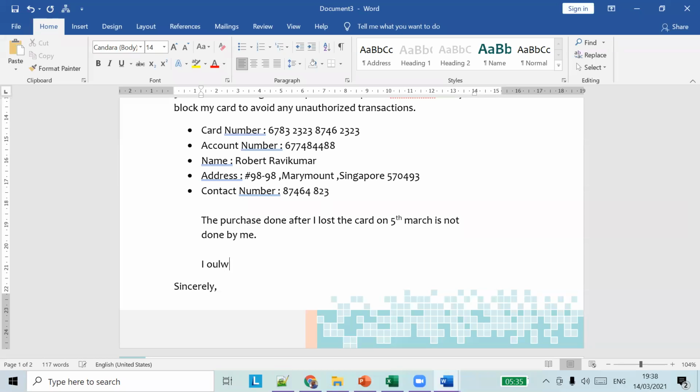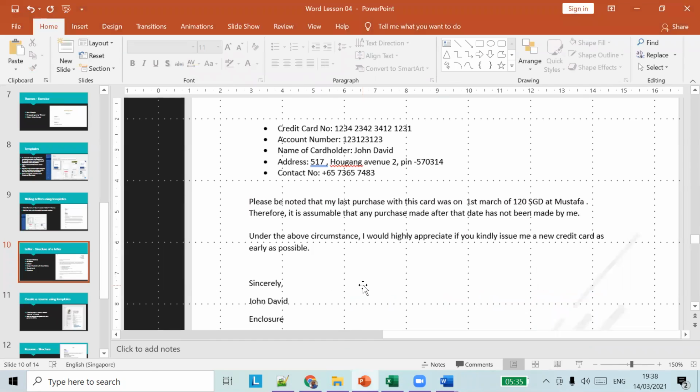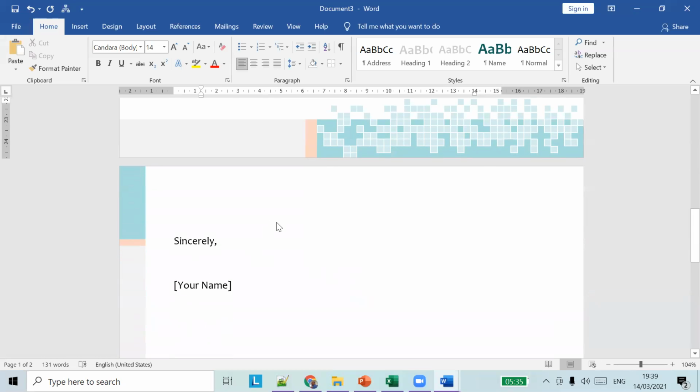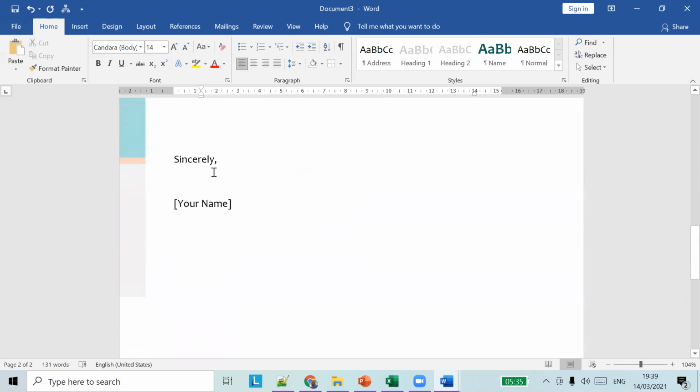I would highly appreciate it if you kindly issue me a new card as soon as possible. So we have done the compliments, and now we have to give the signature. So we can say Robert Ravi Kumar.